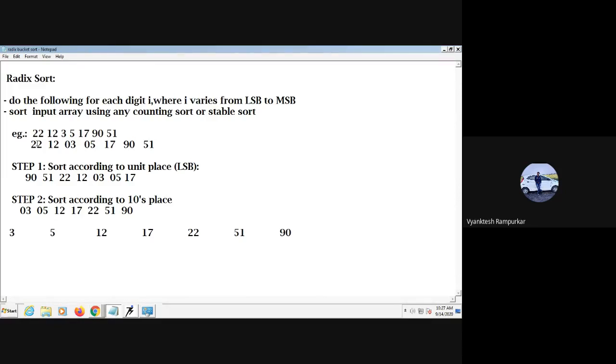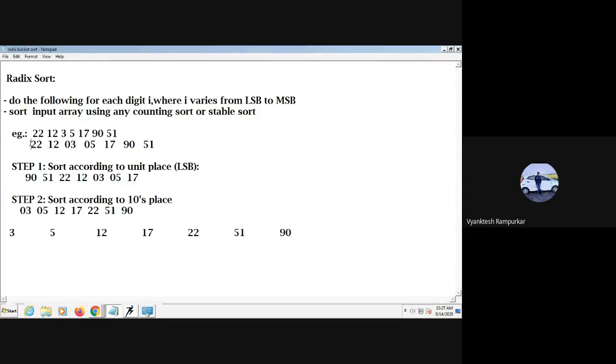Now we are searching for 2. There is 2, there is 2. So 22 comes first. So we first write 22, then 12, then 3, then 5, then 17. In this way.